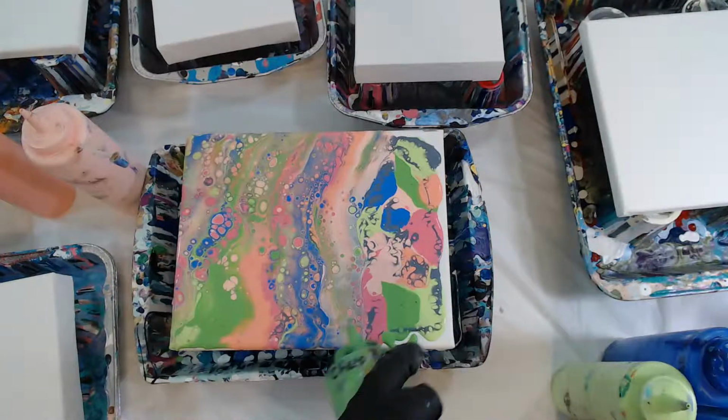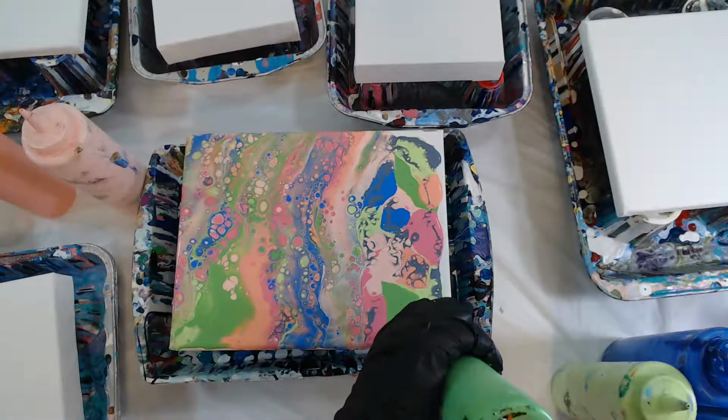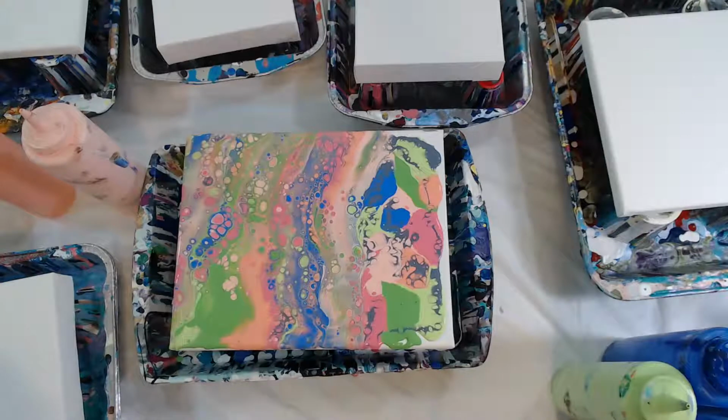But yeah, a lot of people, that was one of their main questions. People want to know how to stop cracking. Make sure you have the same consistency in all your paint. That helps huge. Having the right consistency and the same consistency, not too thick. That's a lot of times why it'll crack. And then also,